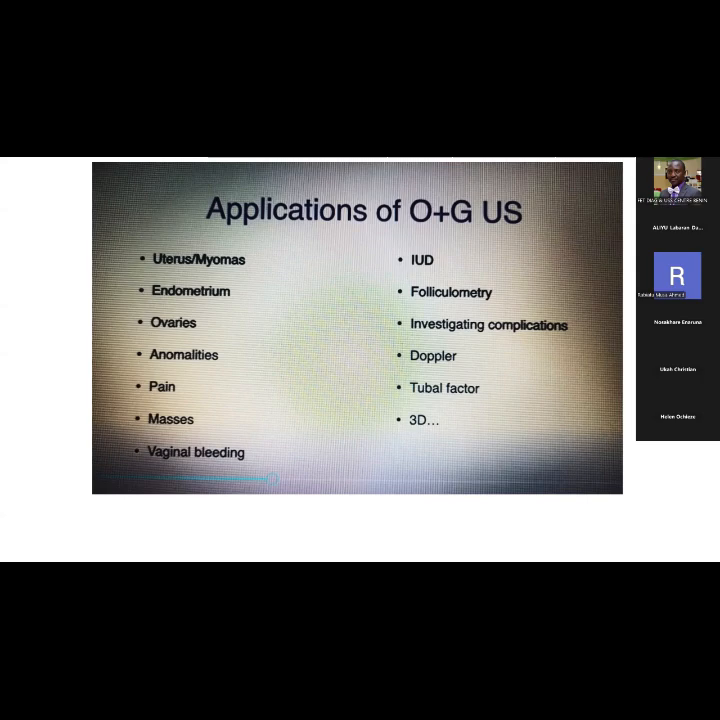Now, this is a view of the sagittal view of the uterus. So you can see the very thin white line in the middle of the uterus, which is the